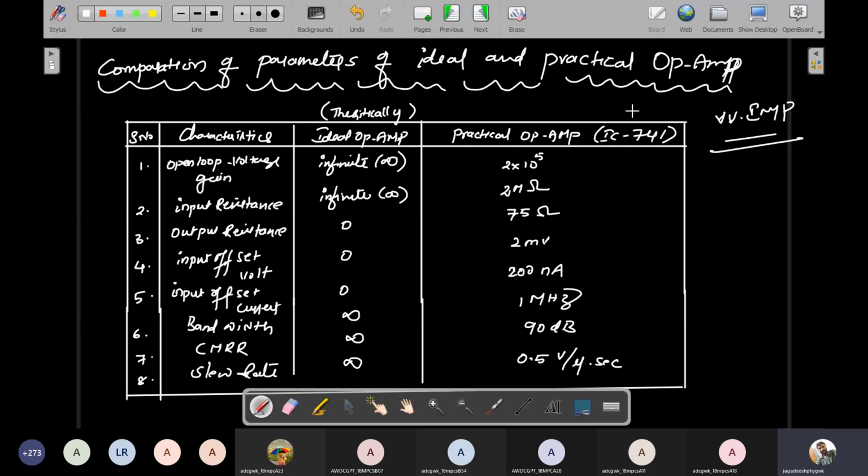But at the same time, you will study the different operations. Whatever I told you previously, input offset voltage, input offset current, those parameters are given for the practical condition. At the same time, the ideal condition is separately in your textbook, so please follow. After that, I'll move to the next concept, the circuit symbol of practical operational amplifiers. So we will move to the next concept.